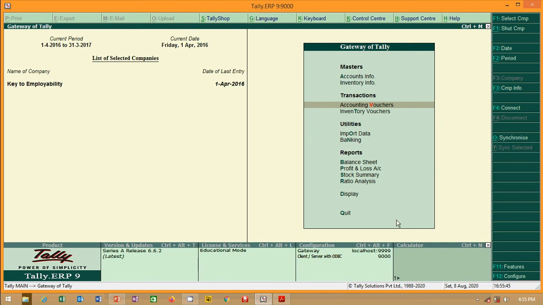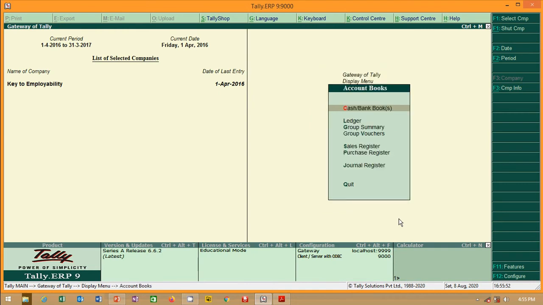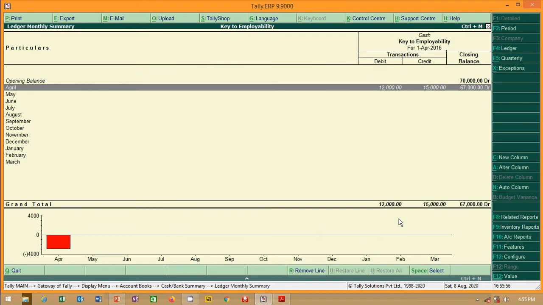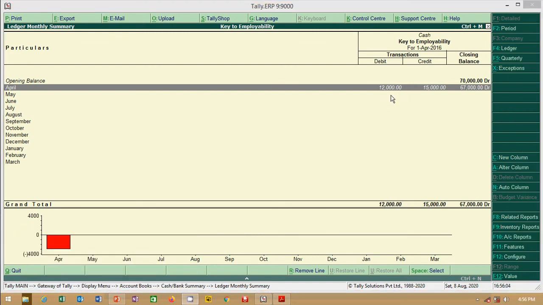Right? So let me check the bank account first. Display, then account books, then cash/bank book. Let me check the cash first. In cash, 70,000 was the opening balance, and it shows 12,000 debited and 15,000 credited for the month of April. Go to the details, press Enter.